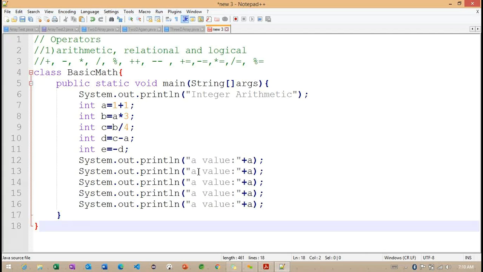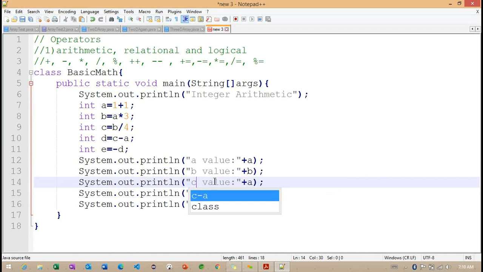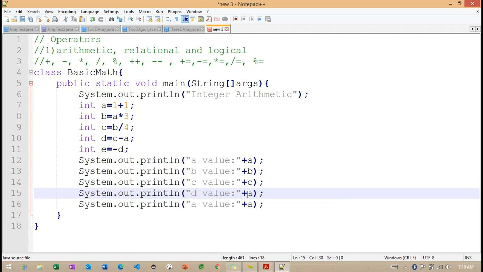So these are the values I'm trying to print here. So this is the b value, c value, d value. Finally, we are going to check the e value here.